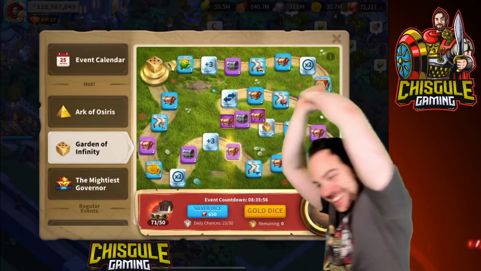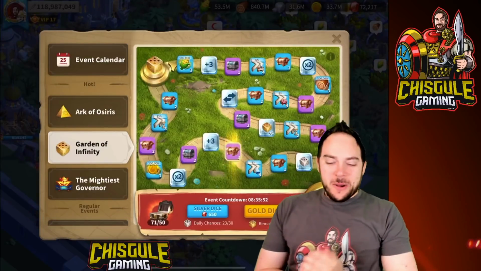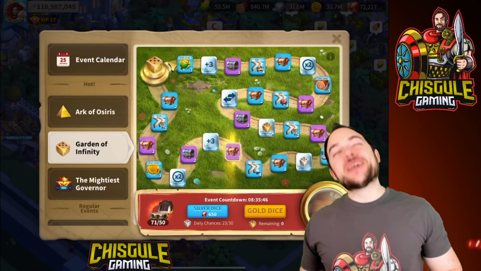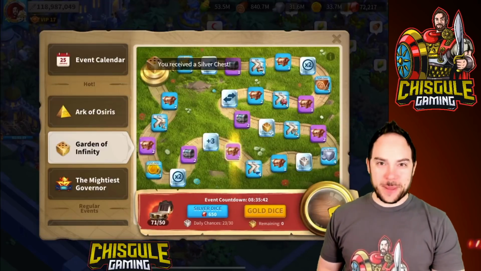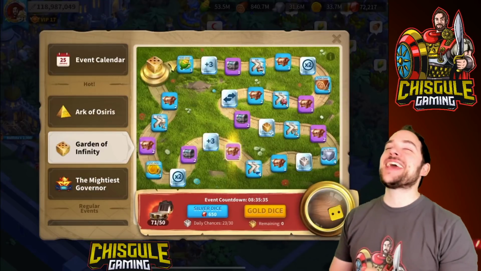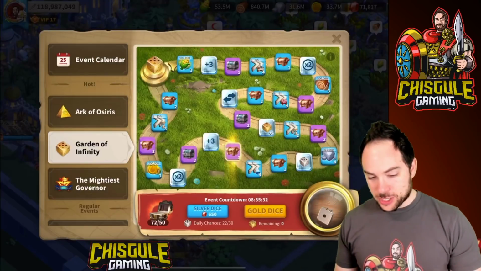Woo-hoo! We did it! Oh, we did it! I can't believe that. Oh, man. Oh, the redeeming value. Praise be the redeeming value. We just got 6 more epic chests. We're up to 8. That is amazing. All right, we're back in it. We're back in it with a risky roll. We're up to 8 epic chests,